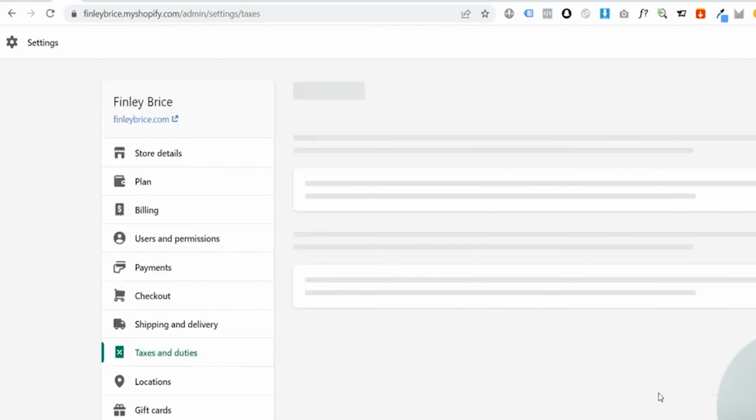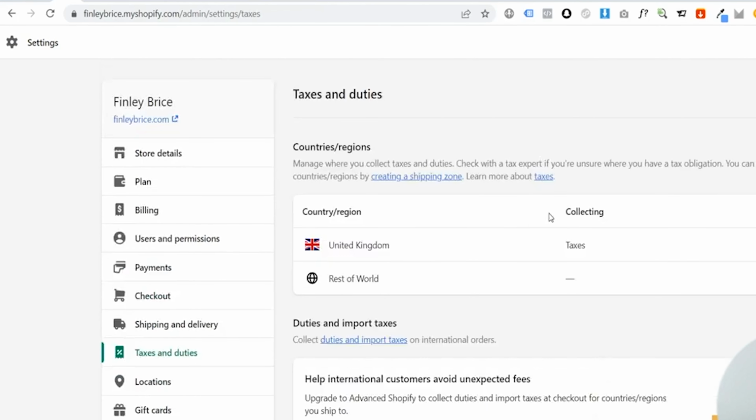the last thing that you can do is collect taxes. So we click on go to taxes, and you can see for me, I am collecting taxes for customers in the United Kingdom, but for the rest of the world, I am not. So just go and do some research about whether you have to collect taxes depending on which country that your store is based in. So now that we have set all of that up, we can go and have a